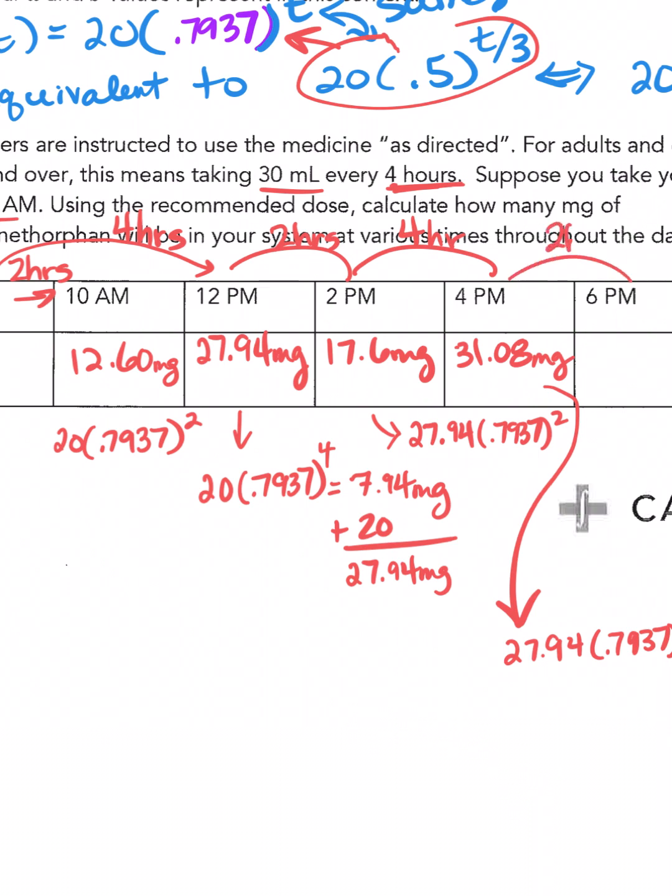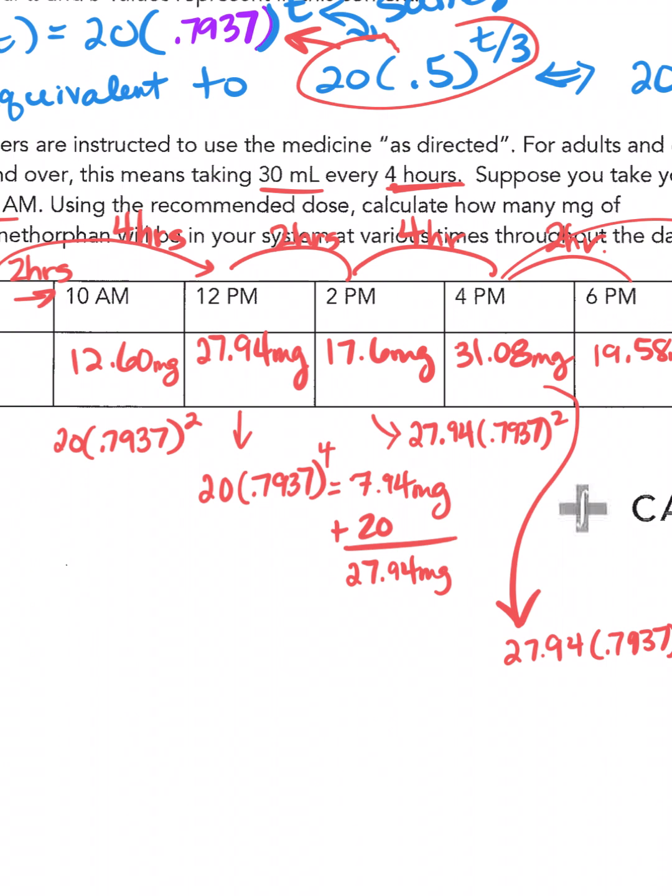You try this one. Try the 2 hours and then do the 4 hours on your own. So what are you going to get at 2 hours? Just pause the video, do the calculations, and see if you get it right. Hopefully you've done that, and you're going to find that you get 19.58 milligrams here, and then you end up with 12.34 before, and then plus another 20, which ended up giving you 32.34